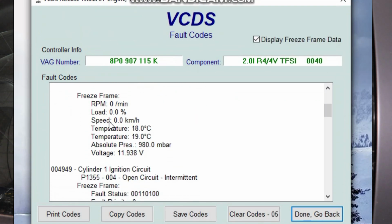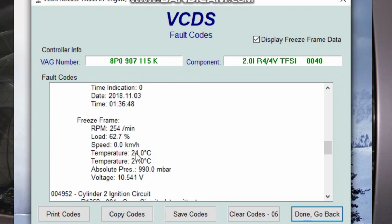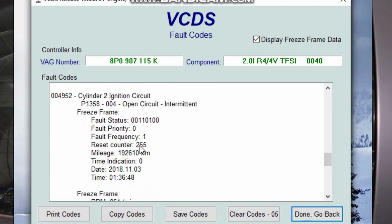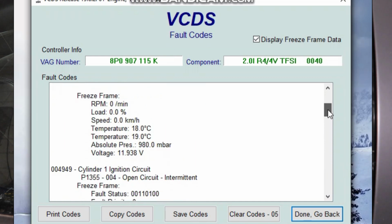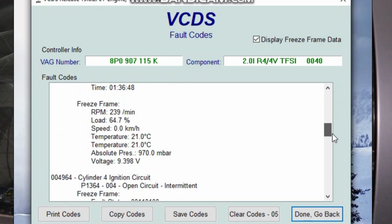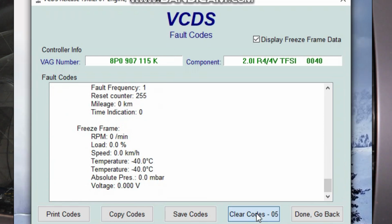Mass airflow, cylinder 1 ignition circuit, cylinder 4 ignition circuit, cylinder 2, and let me guess, no cylinder 3. Right, so there's not many intermittent faults there. Well, there's no real faults there, is there? Cylinder 2 ignition circuit. I don't know if that's coil pack. It's a bit of an odd ignition circuit though. You usually get probably a misfire fault. And they're all intermittent as well. So there's nothing really for me to go off here at the minute. Certainly nothing that will stop me from trying to start the car anyway,